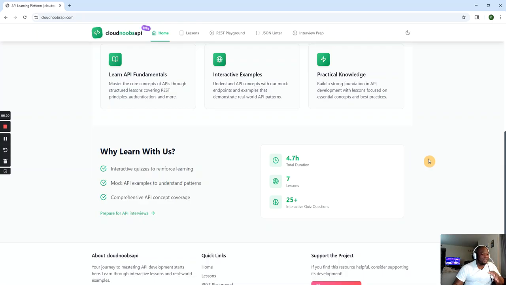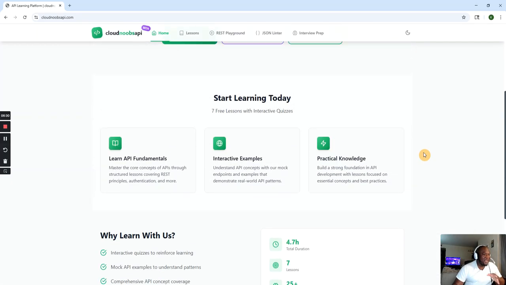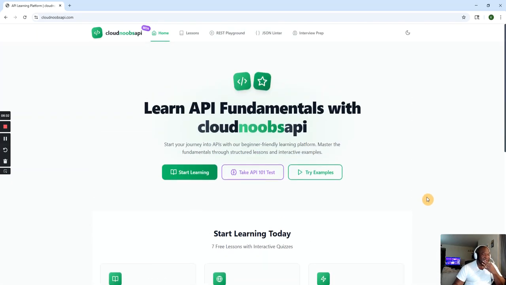I'll be on here every single day for hours, trying to learn API, because I know that API is the future. All the AIs will come in, but it takes an API to keep it going.